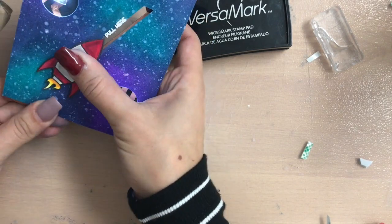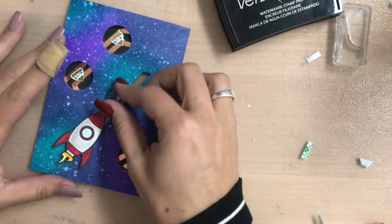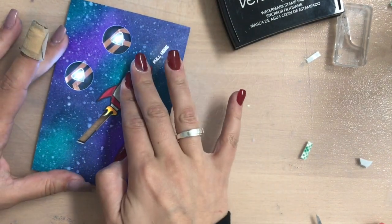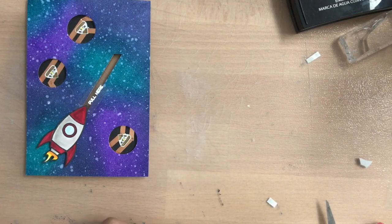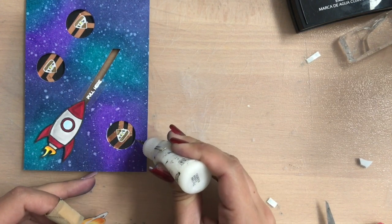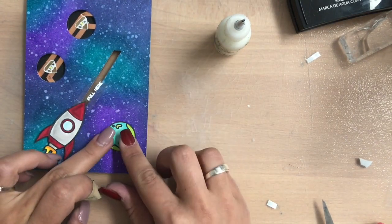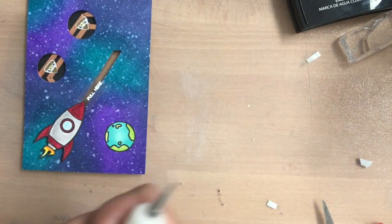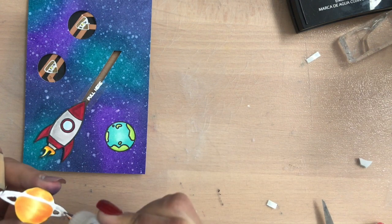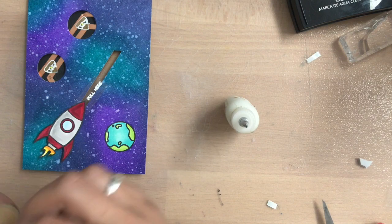And now the mechanism is probably finished. Just checking everything is still working. And now I have to glue down my planets. I have used a circle die which is just a tiny little bit smaller than my planets because I want them all to shine, so it was